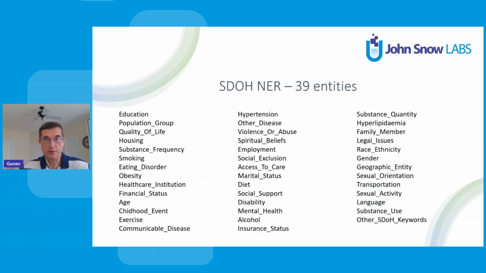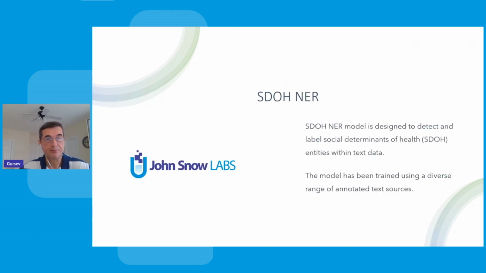So what you can see is that this model extracts 39 different entities, starting with education, housing, eating disorder, age, disability, language. These are very important in certain cases. So this model will extract the entities related to these. So this model is designed,